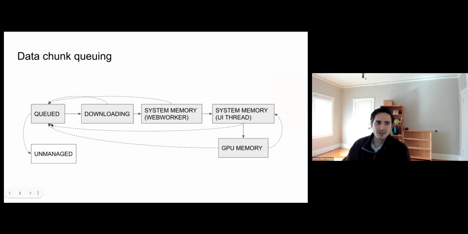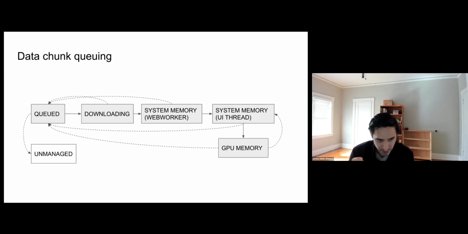Initially, any piece of data that's needed for rendering has no record, and so it would be considered unmanaged. And then as soon as something requires this piece of data, it enters this queued state where it's not yet loaded, but we're tracking its priority, and it gets a priority assigned based on, for example, if it's a visible chunk,